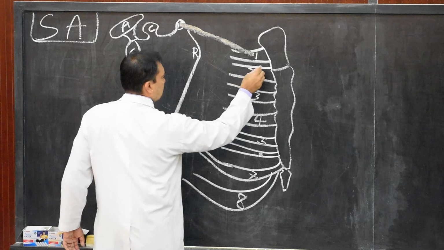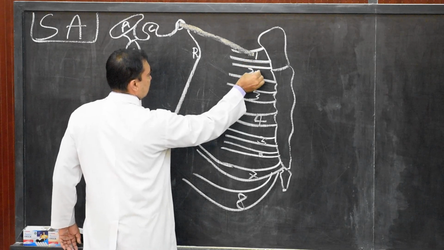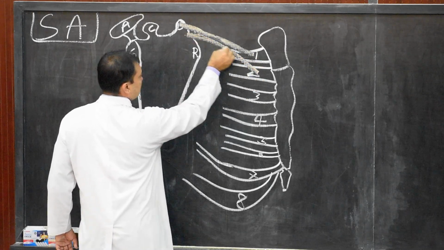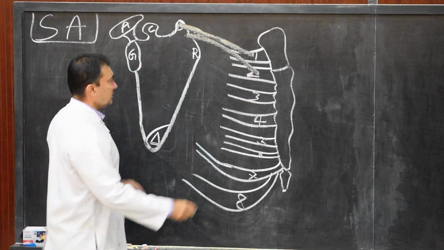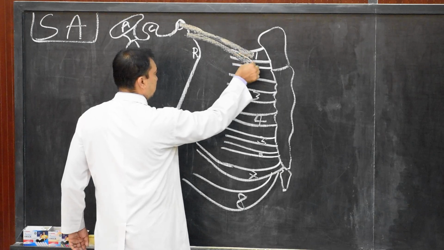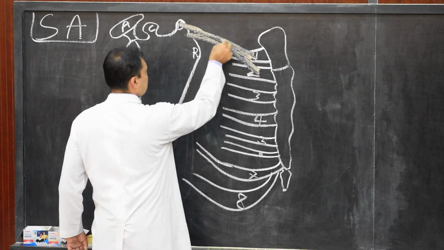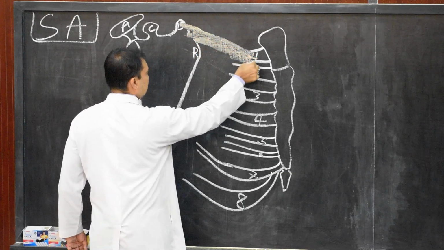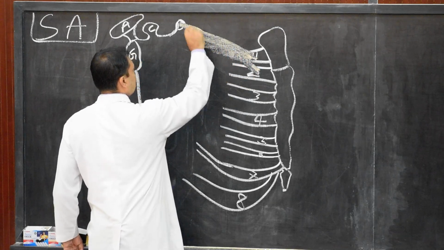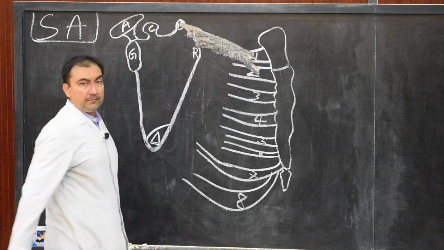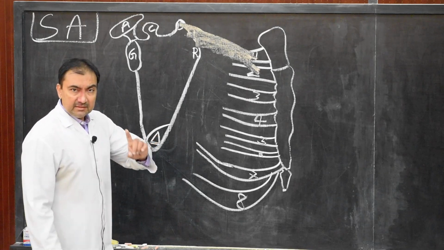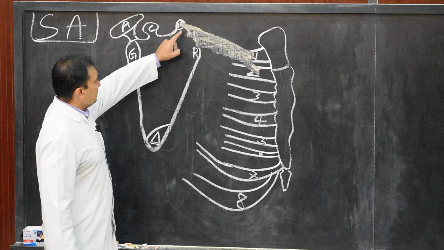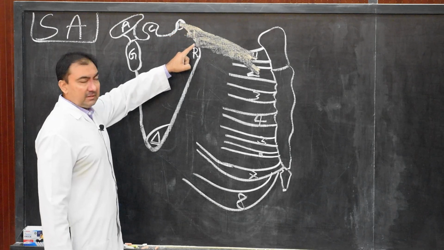So this is the first, this is the second. So this will form the first digitation of serratus anterior. Here we complete the first digitation of serratus anterior, which is taking origin from the first as well as second rib. Now this first digitation of serratus anterior will be inserted. This insertion is also very important. It is inserted along the medial border of the scapula.